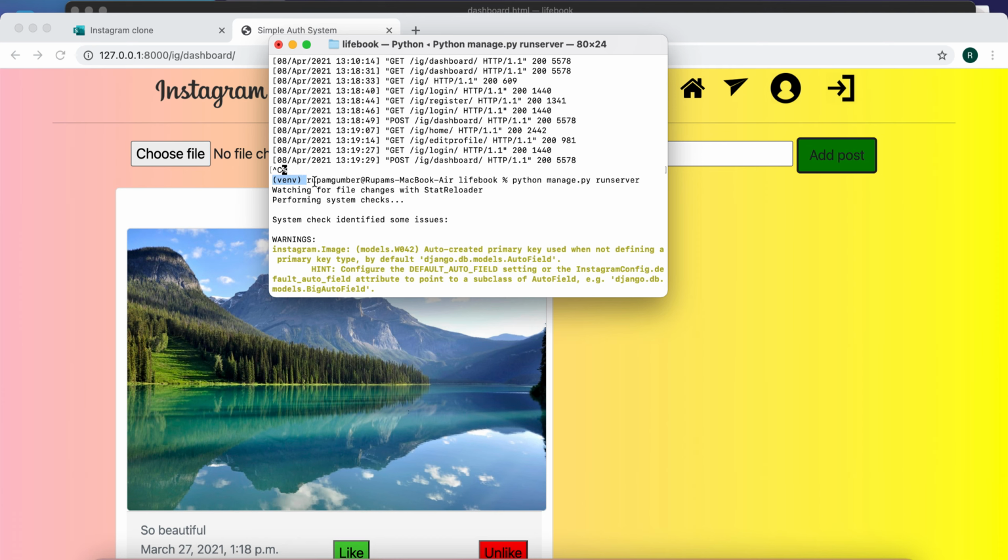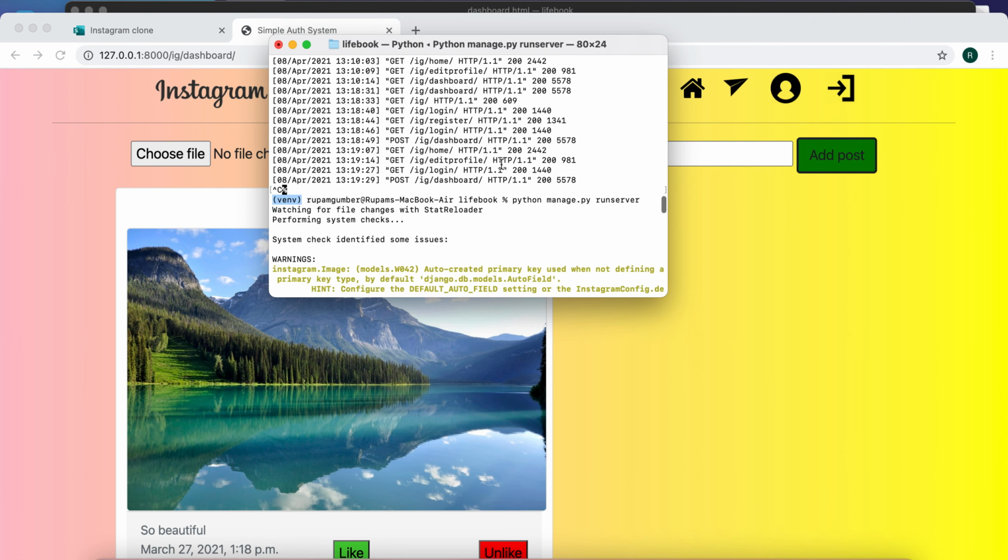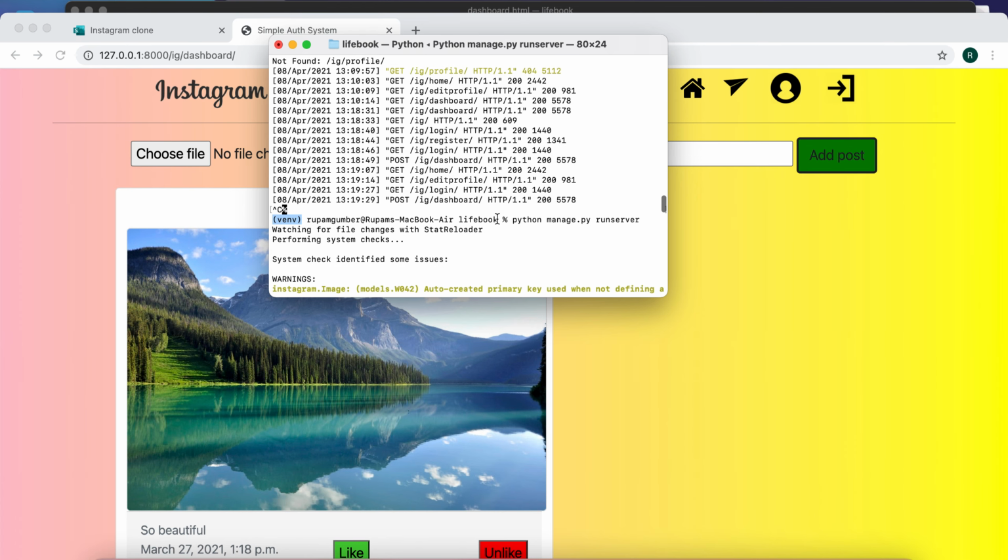After you activate your virtual environment, the name must appear in between single braces over there, and here you can write the code, right? And make sure that you activate it in your project. Like I have the project livebook, I first moved to this project, and how I'll move, you already know, like cd and ls for knowing the listed items, and then cd, and then you can move over there, activate it, and then run the server, right?